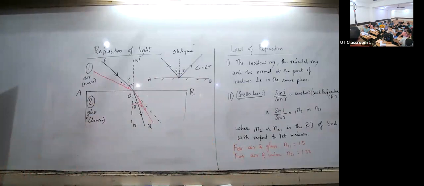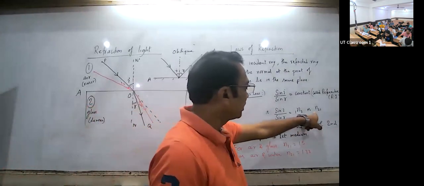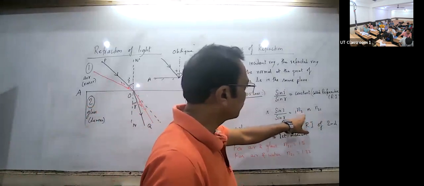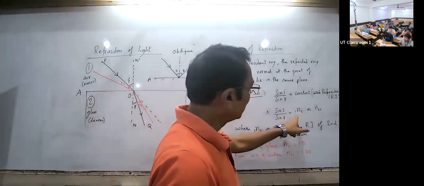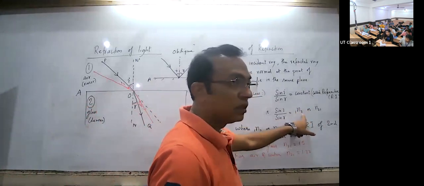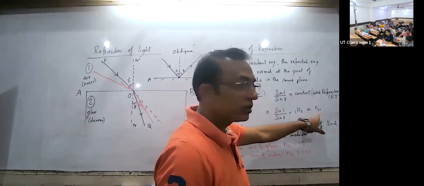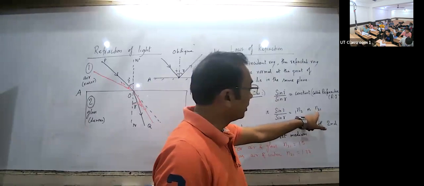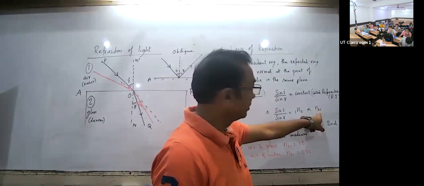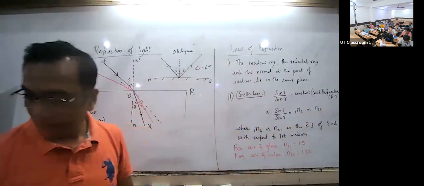Any questions still here? So now you know how to read this refractive index of second medium with respect to first. This also is refractive index of second medium with respect to first. This is just to separate the two media, the incident medium and the refracting medium. Some people have confusion learning this, but this is the most standard notation. The refractive index is always of the second medium, so write it first, with respect to first. Okay, so either way,